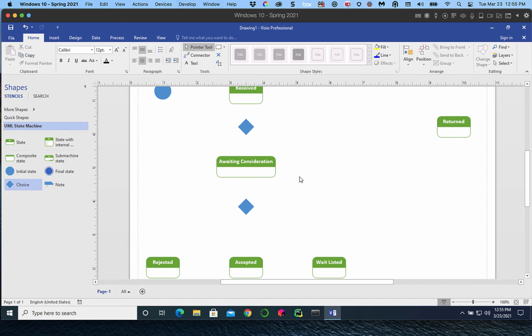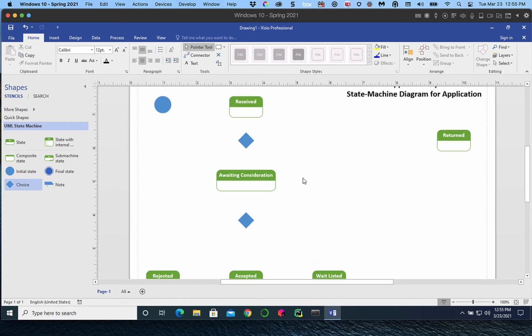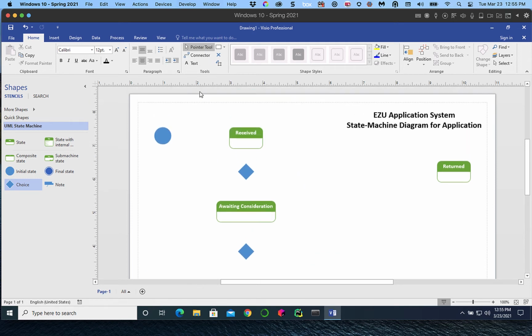And now it's a matter of drawing the lines. So how do we draw the lines? Well, we go up to the top here in the middle and we click on connector. Now when we hover over these things, you can see their connection ports. So I want to go from the starting symbol to received. I do that by dragging it. Okay, and now drag from received to the choice, and from the choice to awaiting consideration, and from awaiting consideration